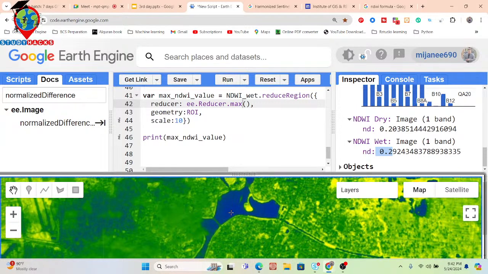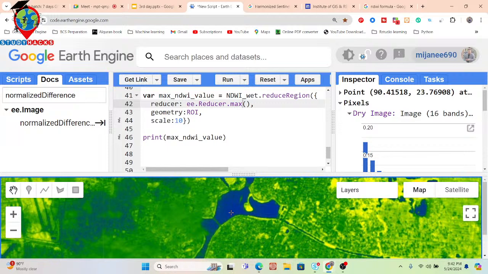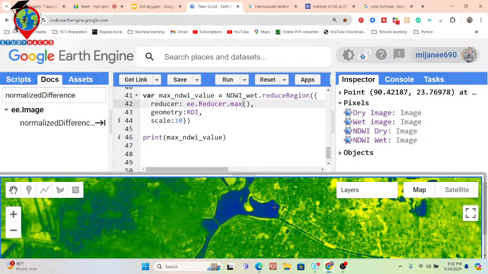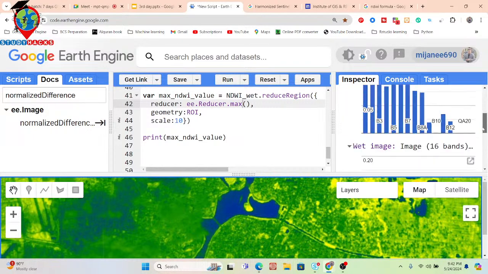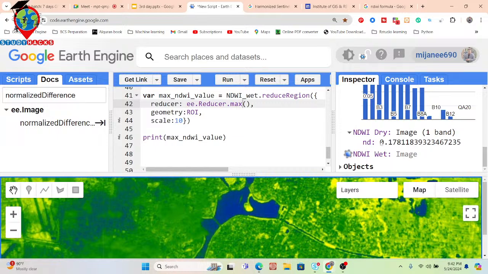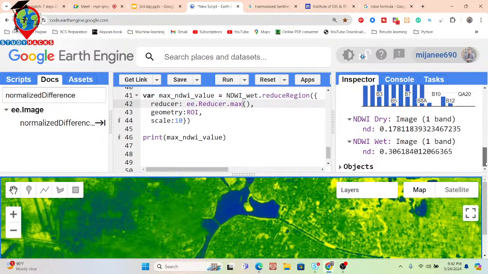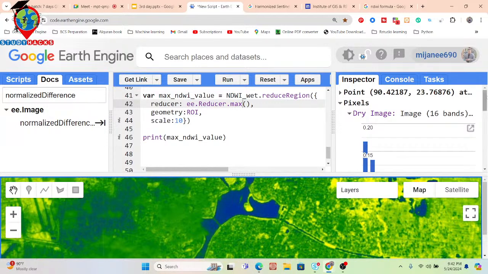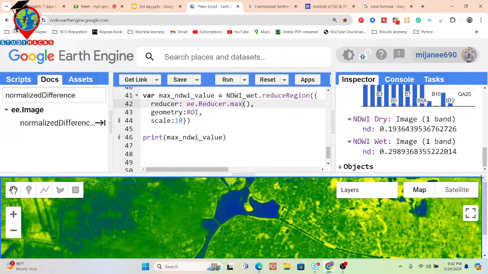Also, suppose I click on here, 0.1, 0.2. Suppose I click on it, it's a permanent water body. That's why this time you can see it shows 0.1 and 0.3. Suppose I click on here, so we can get 0.2. Okay, we can get it for the permanent.